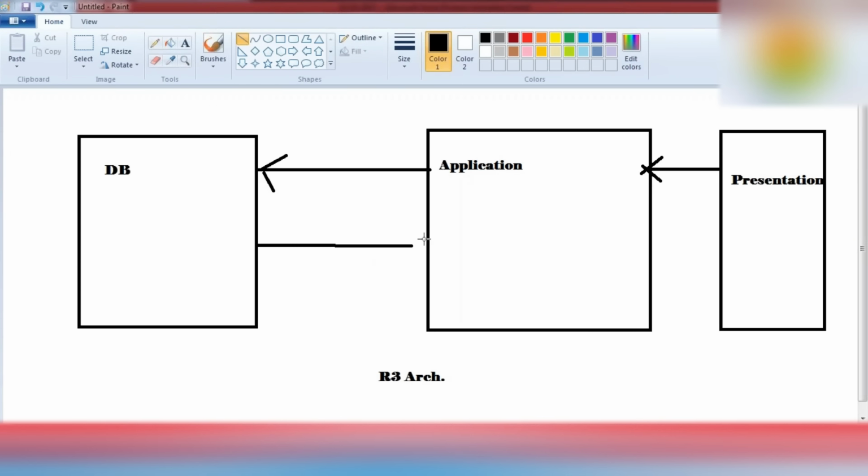The response comes from the database to the application server, which compiles the data and sends it back to the presentation server. That is how the R3 architectural design works. But what became wrong, so that SAP came up with UI5 Fiori and OData, Gateway, this kind of new technologies and terms?